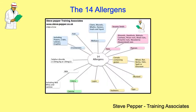In 2013, a law was introduced in the UK listing 14 different allergenic foods which you had to inform customers about. There are obviously other foods such as strawberries and lemons that people can become allergic to. In Japan, they actually started by having 25 allergenic foods listed, which they put into legislation. In the UK, the 14 allergenic foods are as follows: